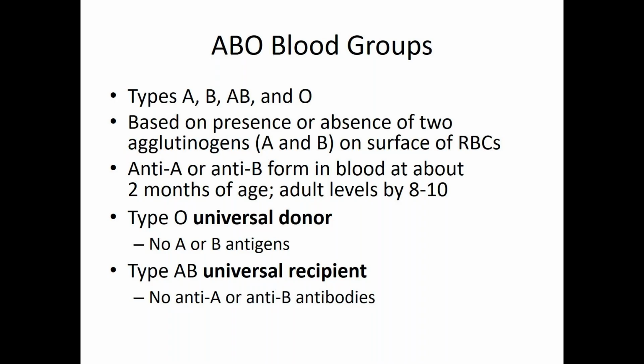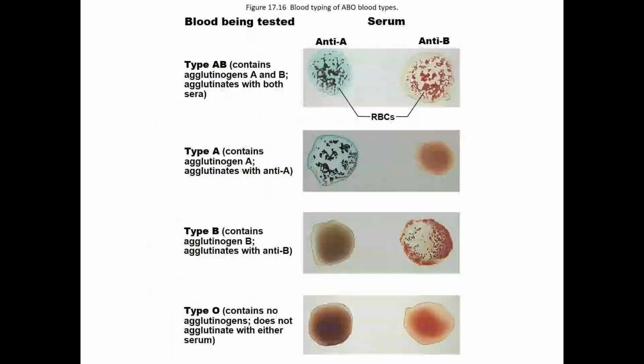And the way that we test this is the last thing we'll talk about today. The way that we test this is really quite simple. Right? We get a blood sample, 2 drops of blood from somebody, right? And we mix them with antibodies against A or B. So here, in this column, we have anti-A. Here in this column, we have anti-B. And depending on which of these the blood reacts with, we know which of those antigens are present.